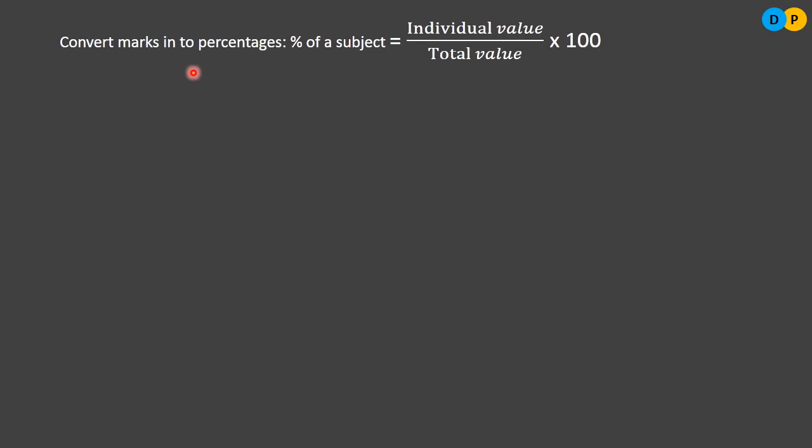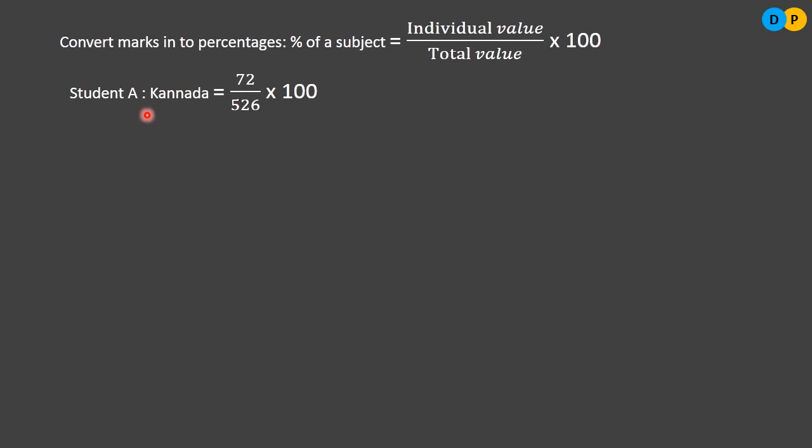These are the marks, but we cannot construct using these marks. We want to construct the percentage bar diagram using the percentages. That's why marks will be converted into percentage. So what is the formula? Very simple. We already know that the percentage of an individual component, here the percentage of a subject, is equal to individual value divided by total value into 100. Let us say we want to know the percentage of the Kannada subject of student A.